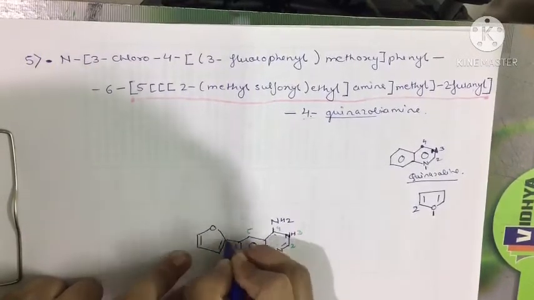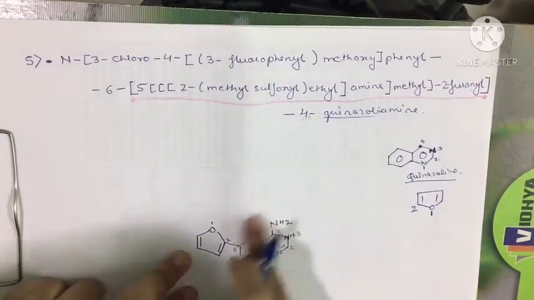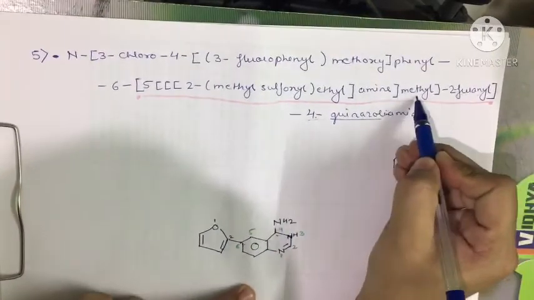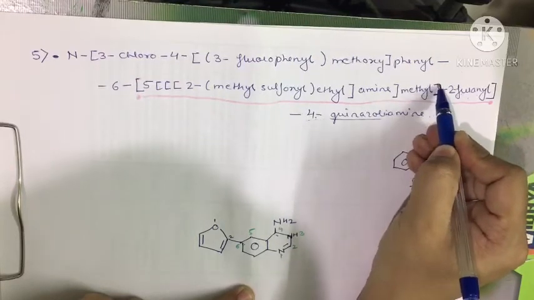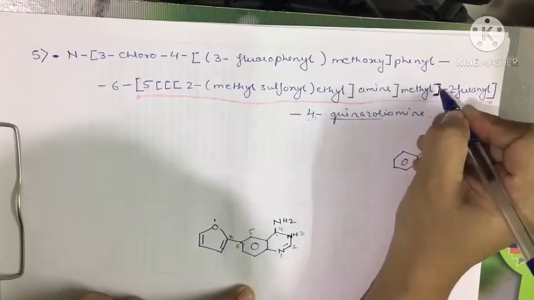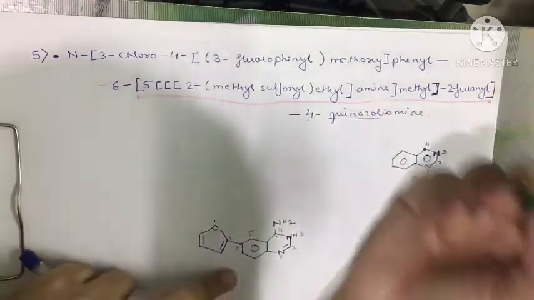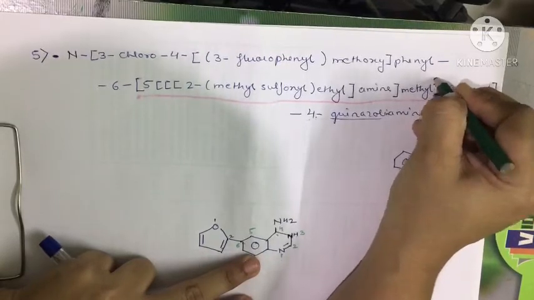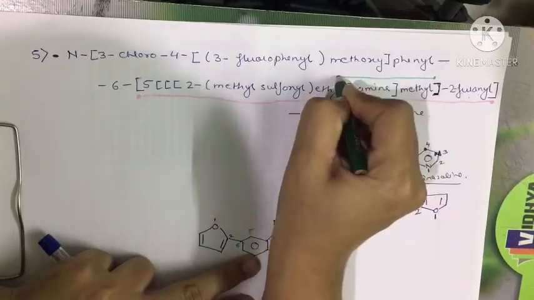So this is the 2nd position. 1 and 2nd position of furan is attached to our nucleus. Now 2nd furanyl is having one more square bracket here, ending at the end point of the square bracket. Let us try to figure out where it starts from. So I am having another pencil. So it starts from here, it ends here, and let us find out the starting point.